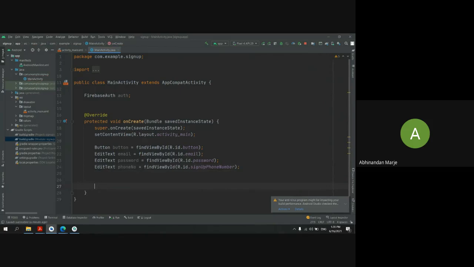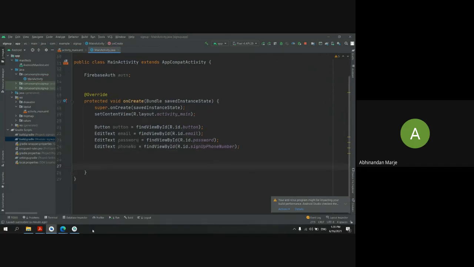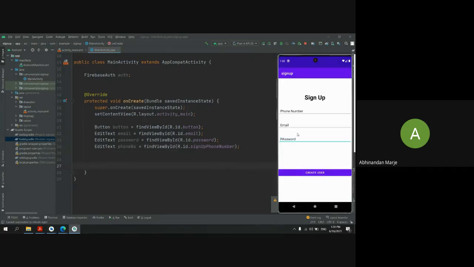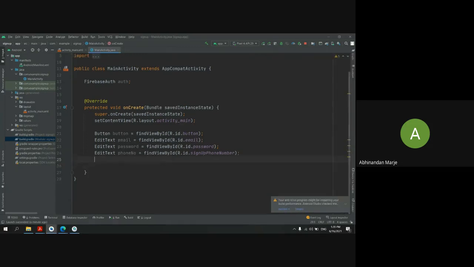Yes. So now you can see when I click on this button, I want to check if there is phone number present in my edit text, if there is email present in my edit text, or there is password present. So first I will create an on-click listener on the button.